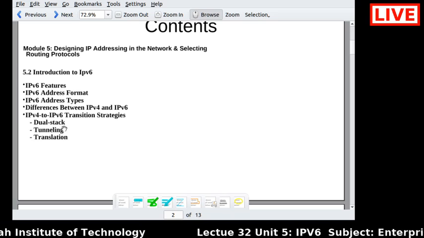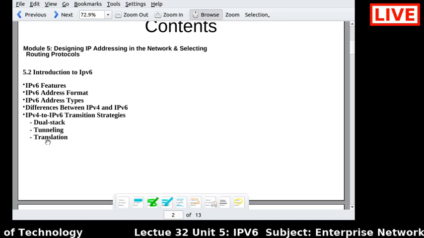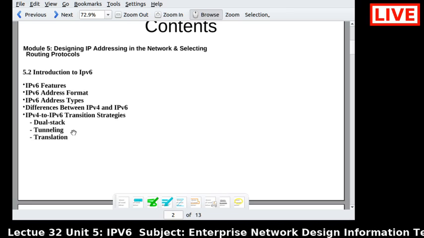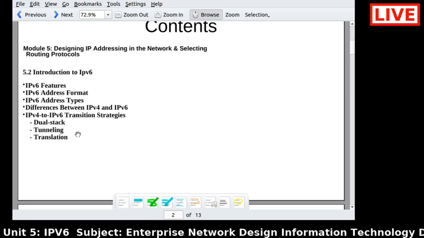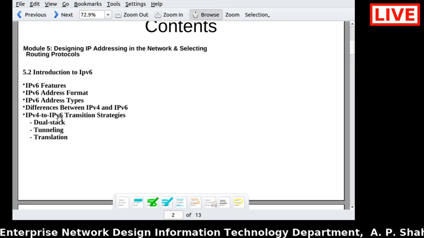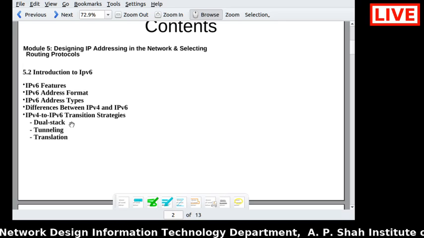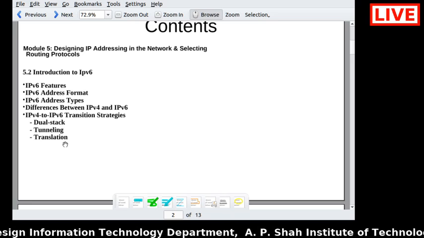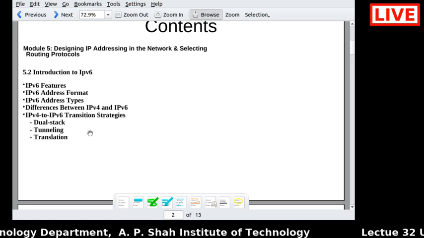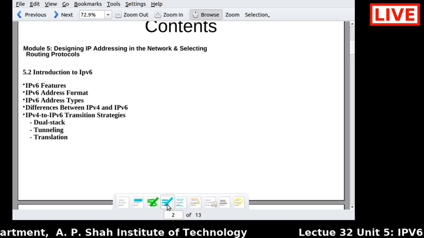So there are three methods, three strategies over there, right? By using dual stack, by using tunneling, and by using translation techniques, we are going to transition from IPv4 to IPv6, right? So all these things we need to see today. Okay, so today's lecture is very short and